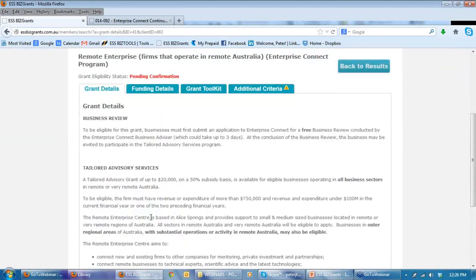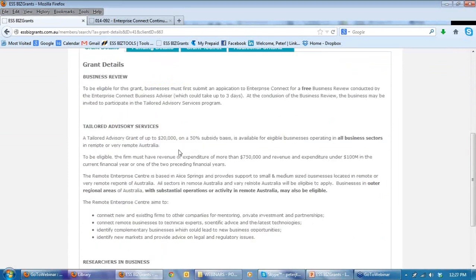And it's available to businesses which are located in a remote location, but it's also available to businesses who operate in outer regional areas of Australia with substantial operations or activity in remote Australia may also be eligible. So if you've got any of your clients who are operating in outer regional areas, and obviously Forbes is one of those, as are most of the major regional cities, that have substantial operations or activity in remote Australia, they